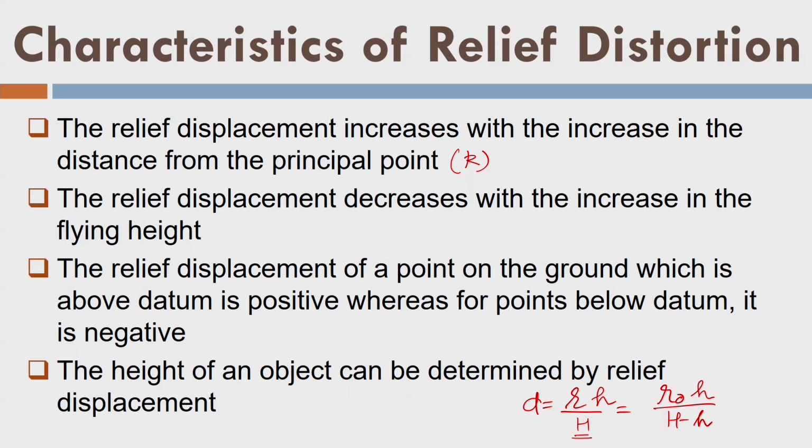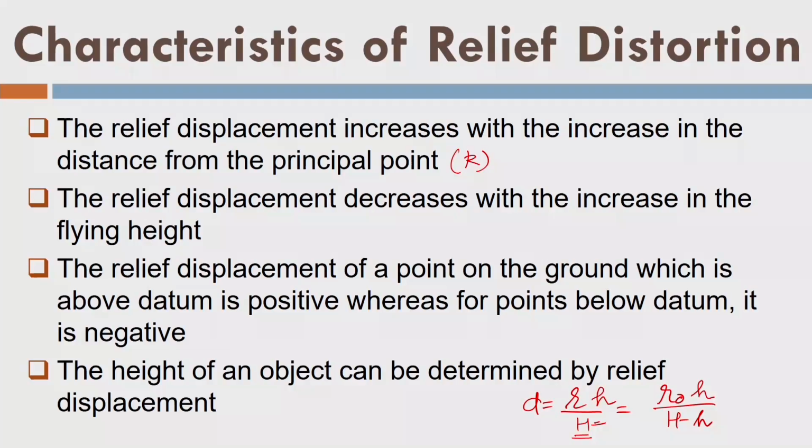So, what will happen in that mission? All the buildings will appear small, but in another sense, relief displacement also gives some sense of height. So, the choice is yours, whether you want to suppress the heights or whether you want to increase the heights represented in the photo. Secondly, imagine now a satellite at the height of 750 kilometers. In case of a satellite, I will put this H equal to 750 kilometers or 900 kilometers, whatever the height, and as a result, you will not find any relief displacement in satellite images.